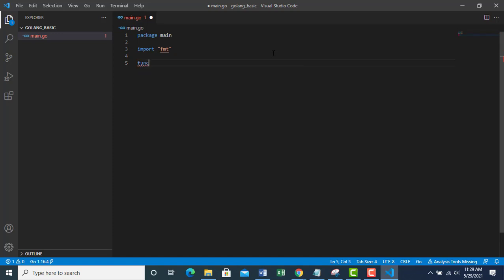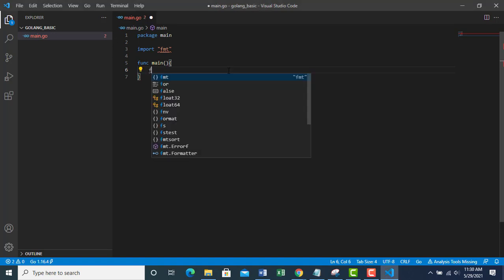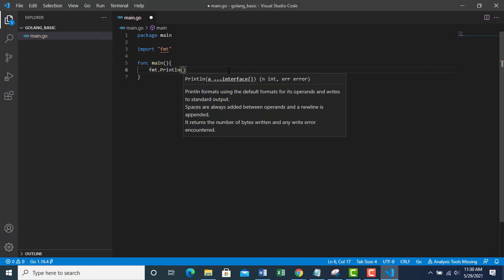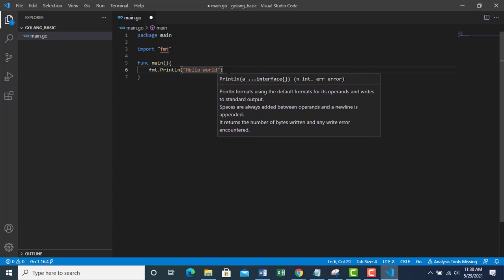Then I write func main, func is for functions in Golang. Then I open the bracket. Then I'm going to print something, that is fmt dot Println, and I write hello world.